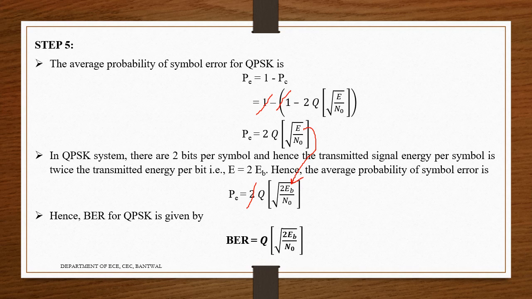We need to mention that here E is equal to 2 EB, and we do it for the bit error rate here. Till here we did it for 2 bits together. Now we are doing it individually: 2 times Q of square root of 2 EB by N naught. So for an individual bit it will be Q of square root of 2 EB by N naught. This is, in short, QPSK. When comparing PSK and QPSK, there is one confusion: PSK we did directly, but here we need to go through the probability of error function. Okay, thank you.